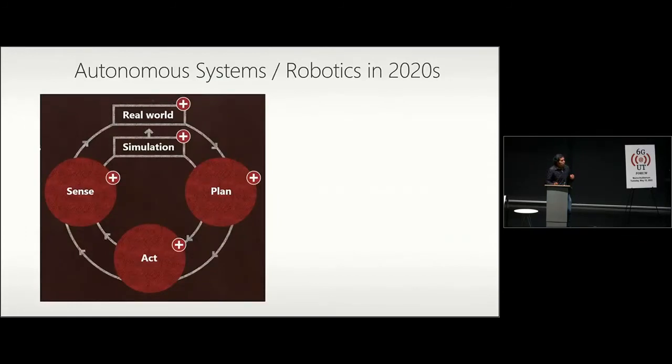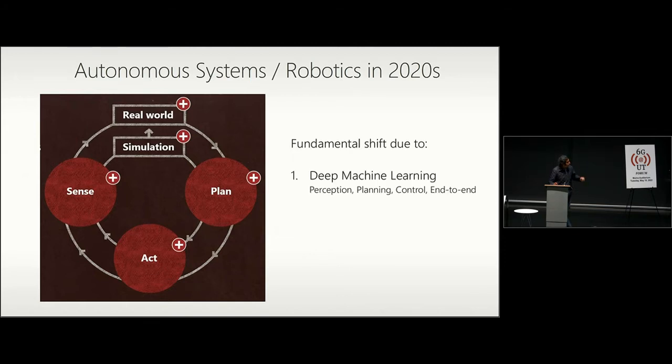All right. So one thing that I'd like to emphasize, if there is one thing that you want to take away from this presentation, is that autonomous systems and robotics is getting overhauled. I mean, autonomous systems in the 2020s is very different from how we did it 10 years ago, 15 years ago. And that's happening because of a couple of reasons. So first thing is deep machine learning is basically upending a lot of things. The way we train, deploy, and do inference for machine learning tasks is vastly different.